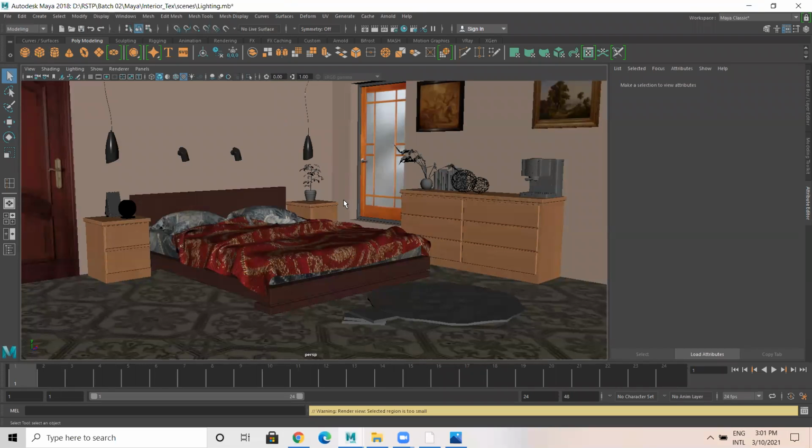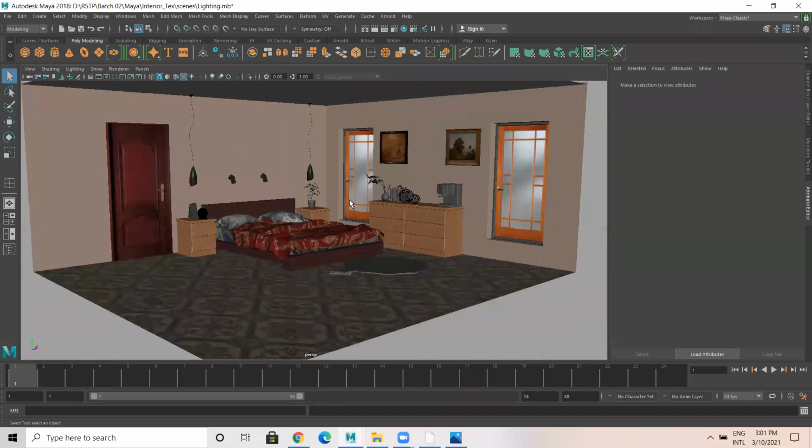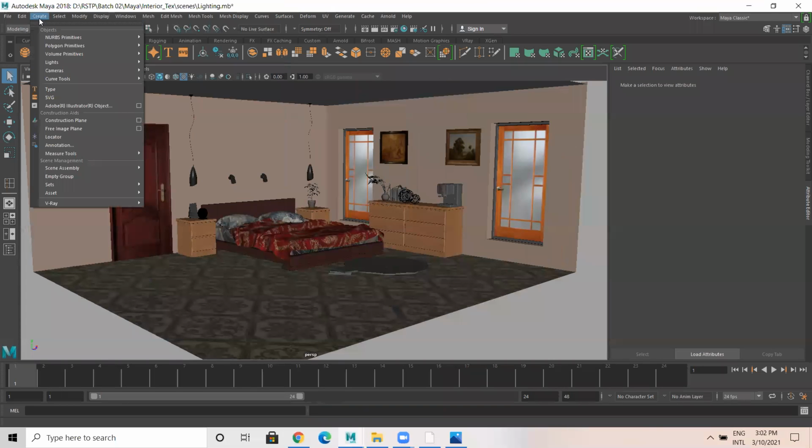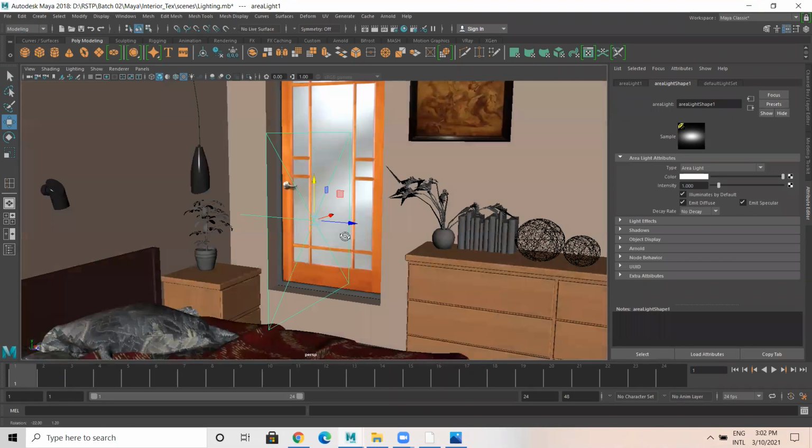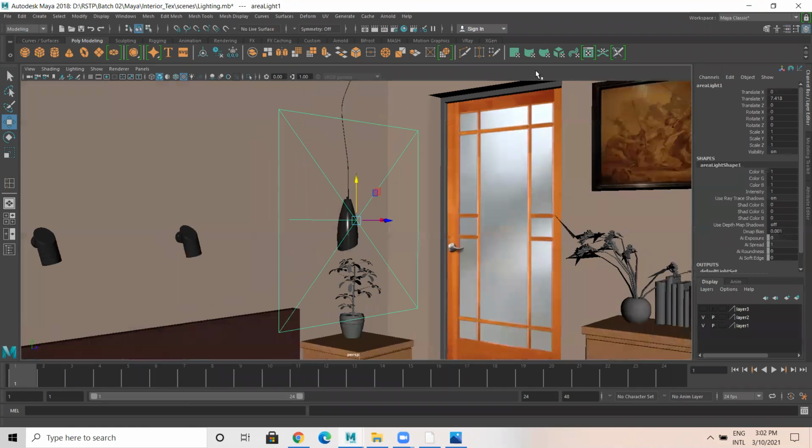Now let us start applying lights. The source of light is the window here. So go to lights, take Maya area light. Now the direction needs to be changed for this light.